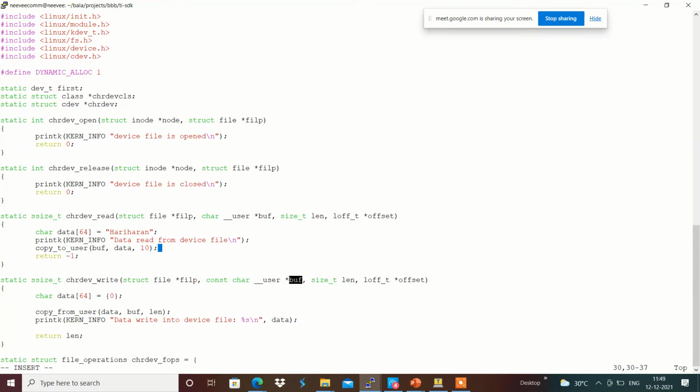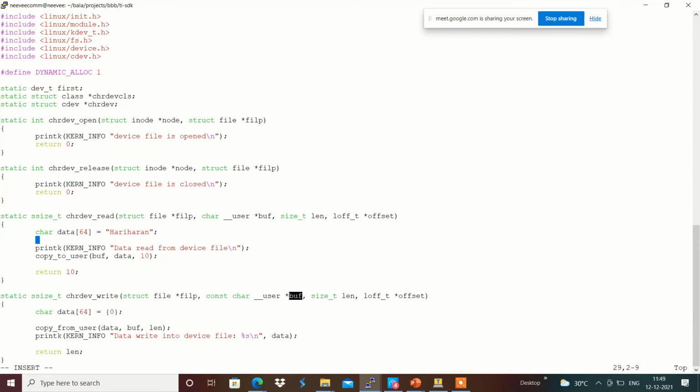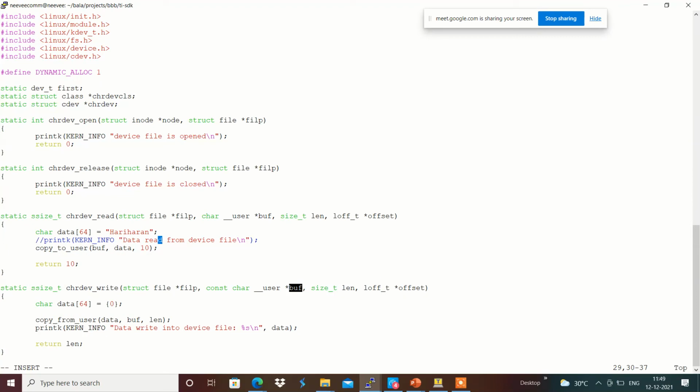I'm going to copy to the user space and send back 10 bytes when read from this. Now we will see how it behaves. Maybe I'm going to comment this function for better understanding.